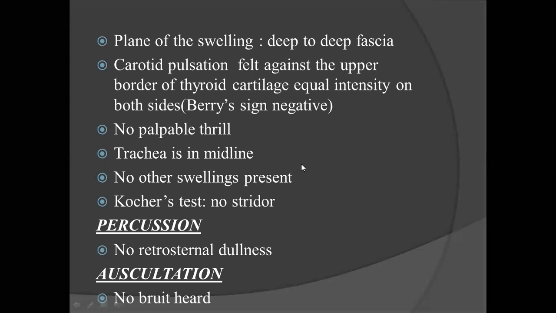So why do you want to do this? After surgery, when you remove the thyroid gland, the trachea can collapse and the patient can go into respiratory distress in the post-operative period. Just to be ready for any eventuality, you do this Kocher's test. Otherwise, in normal people, when you apply pressure, the tracheal rings have sufficient strength to prevent tracheal obstruction and stridor will not happen. If tracheomalacia is there, the cartilages become very soft because of the long-standing thyroid swelling, and it might cause stridor. Or if there is a malignancy infiltrating the trachea and narrowing the lumen, when you press a little bit, the trachea will collapse. So in both cases you are worried about the airway in surgery.